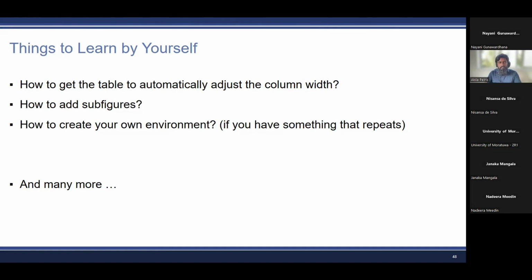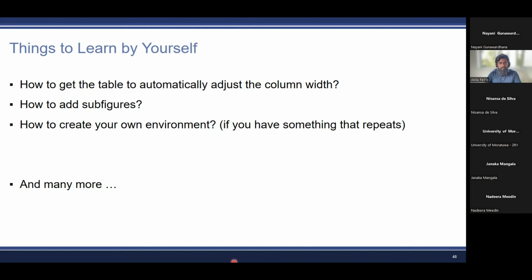How to create your own environment if you had to add more. There are so many more things that you can do with LaTeX. It would take several lectures like this to cover them, but it would be very easy. I will also provide some YouTube links of introduction to LaTeX lecture series to the library, so that you can watch those videos and have a better understanding. Right now you have the basics, and then you can learn the advanced things from them.